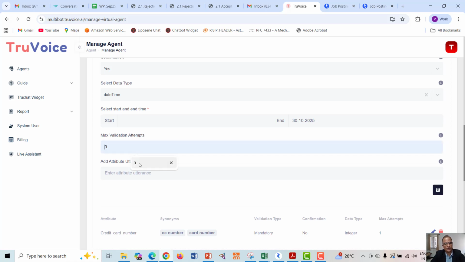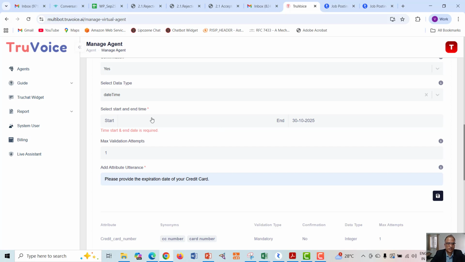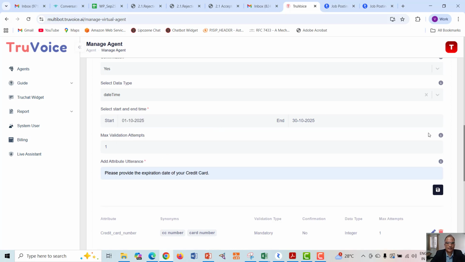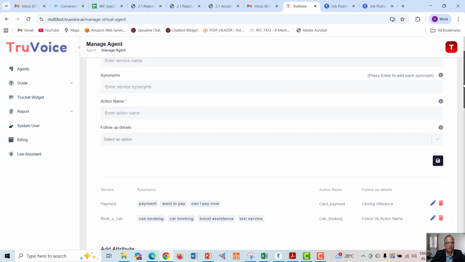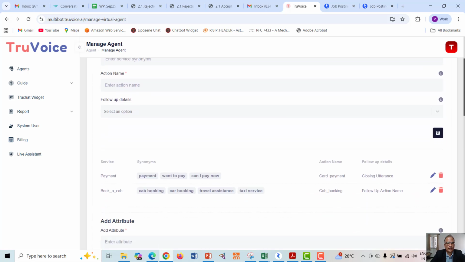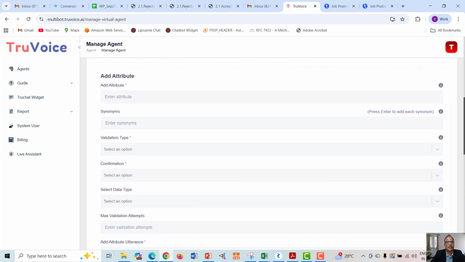Max validation attempts, let us say in this case you give one, and add attribute utterance, please provide an expiration date. Start time is required, let us say some start time. Then I save, this is expiration date. Then I have CVV,